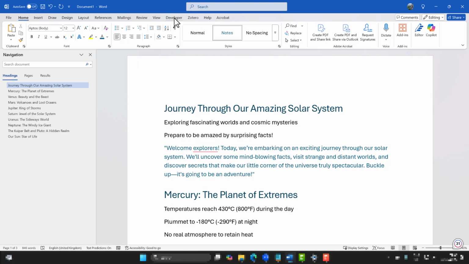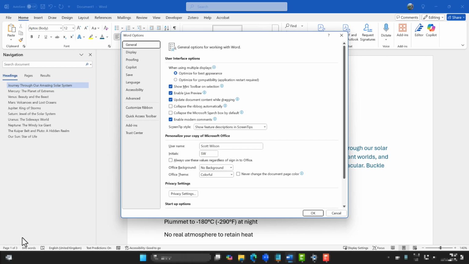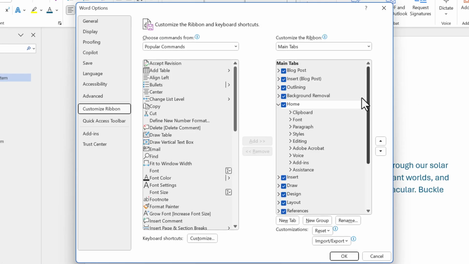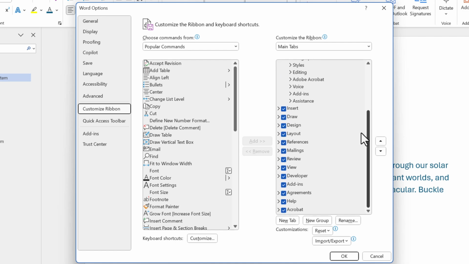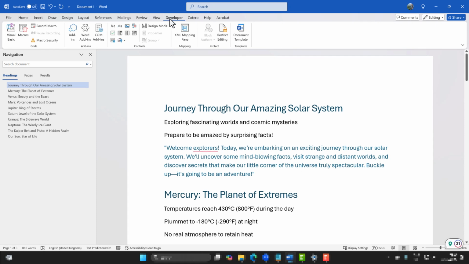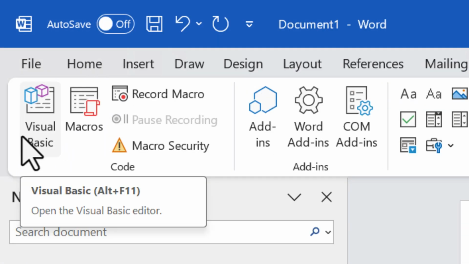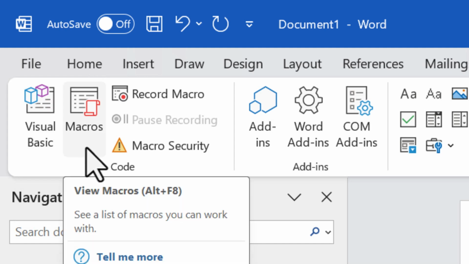Right, now it's time to do the macro. Make sure you follow the link in the description to go to my website, which will contain this code. We will need to use that with the Microsoft Visual Basic. So make sure that you have your developer tab open. Now, by default, you may not have that. So simply choose File and go down to Options. And under Customize Ribbon, under the main tabs, you want to scroll down and make sure that Developer is ticked. This will give you access to the Developer tab, where you can access Visual Basic and you can access macros.